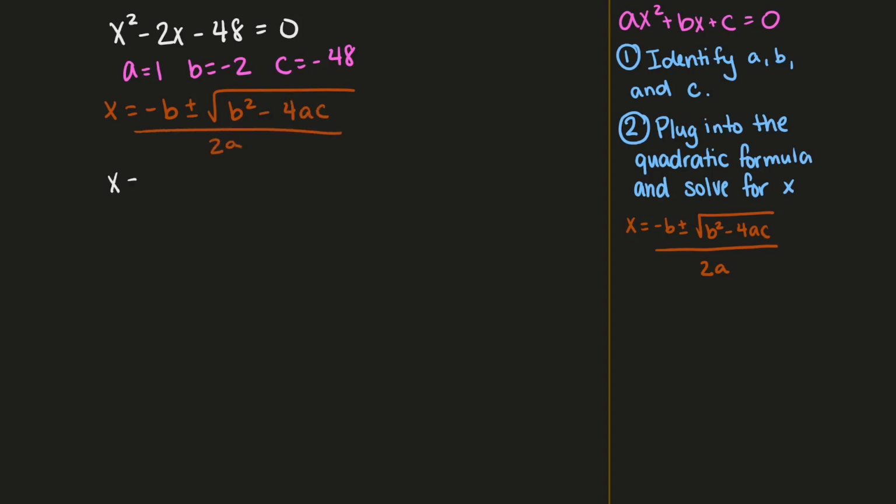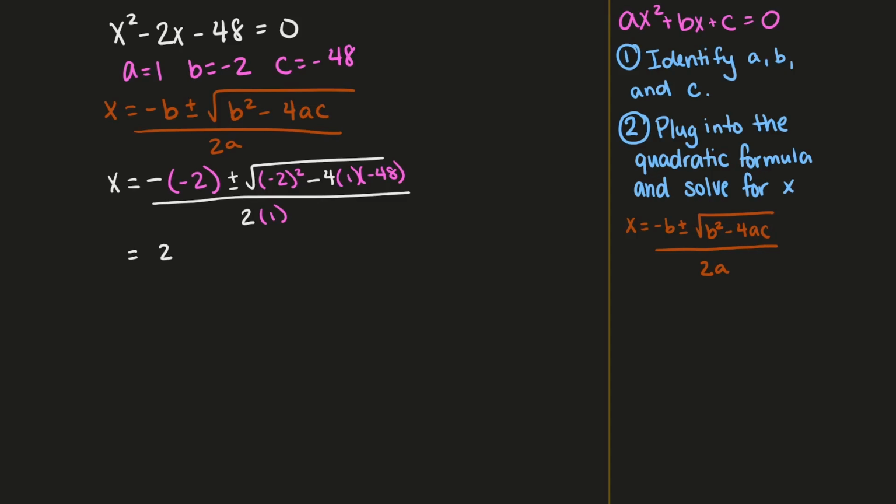Plugging that in, we get x equals the opposite of negative 2, plus or minus the square root of negative 2 squared minus 4 times 1 times negative 48, all over 2 times 1. So this is equal to 2 plus or minus the square root of 4 plus 192, all over 2,